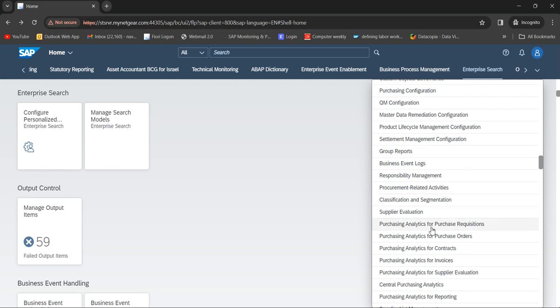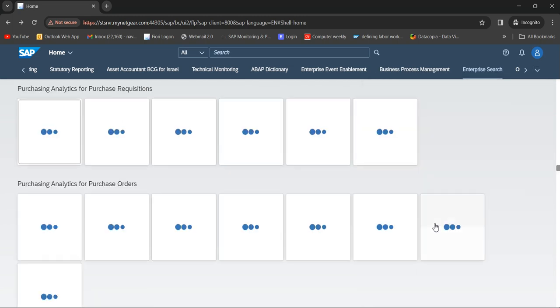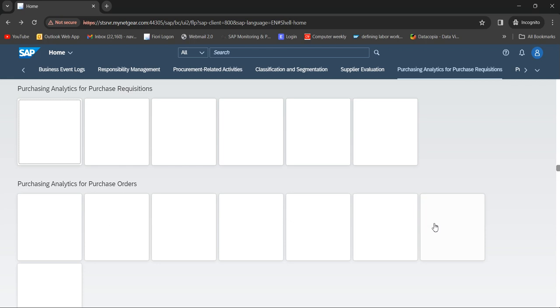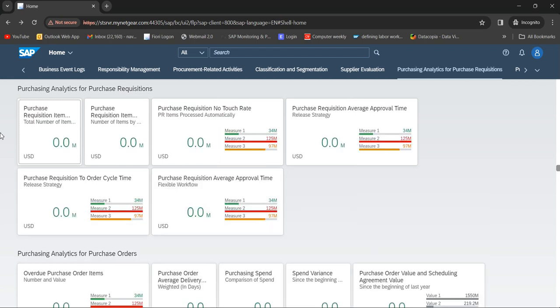Okay, for an example, you can see some analytics here. Let me click that. You can see these are related to the purchase review. Every graphical representation, so what are the things you cannot achieve with the GUI without putting in more effort, all of that will be applicable here. For an example, you can see